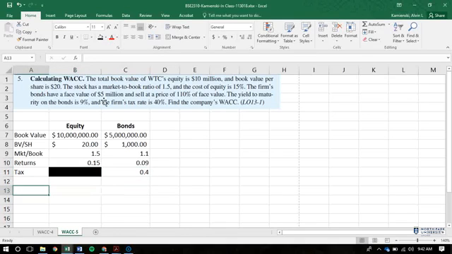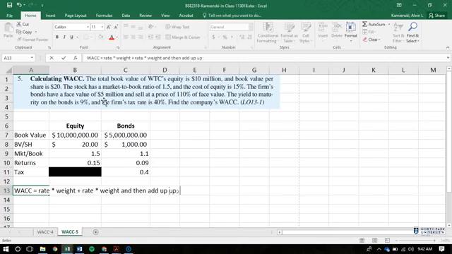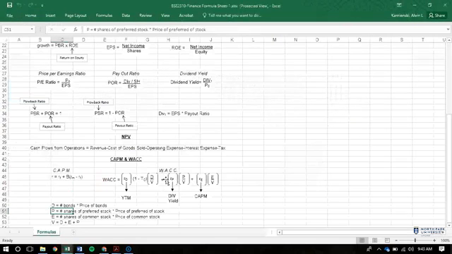For the weighted average cost of capital, the way I always think about it is it's the rate times the weight plus the rate times the weight, and then add them up, where the weights are based on market values. We do not have specific market values to work from here, but we have the data that we need to calculate those. If we were to refer to the spreadsheet that I posted as a formula that you can take